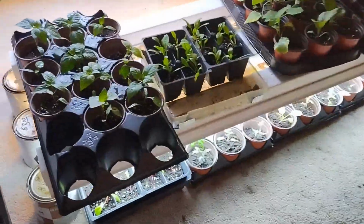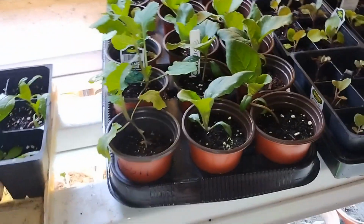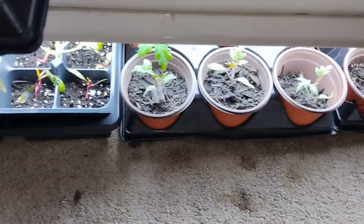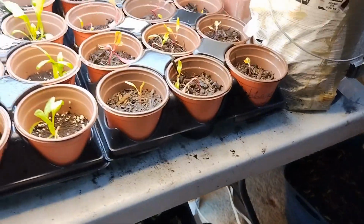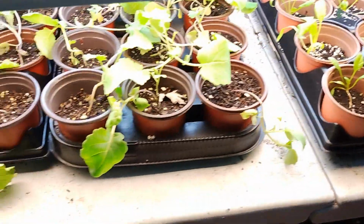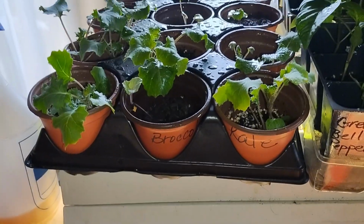And as you can see, guys, my peppers are coming along fine. Spinach here. These are cabbage plants, more cabbage. I've got tomatoes and Swiss chard under here. I've got more cabbage and more tomatoes there. On the table here, I've got Swiss chard, more spinach. This is broccoli, and these are my collards. Up here, I have Swiss chard,